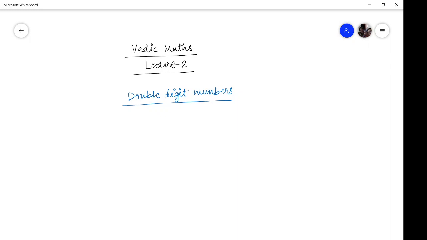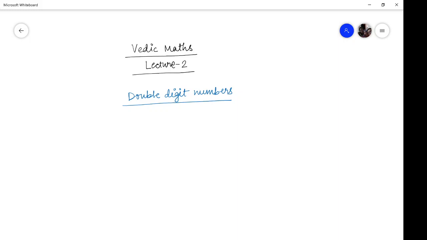How to multiply numbers of two digits. The method I will be following in this lecture will again be the same, that is Nikhilam. At the outset, I would like to tell you that in the last lecture what you read was about single digits, and the content of the topic was very elementary. So you must be thinking, if at all we have to multiply the right column, then what is the use of this particular method?